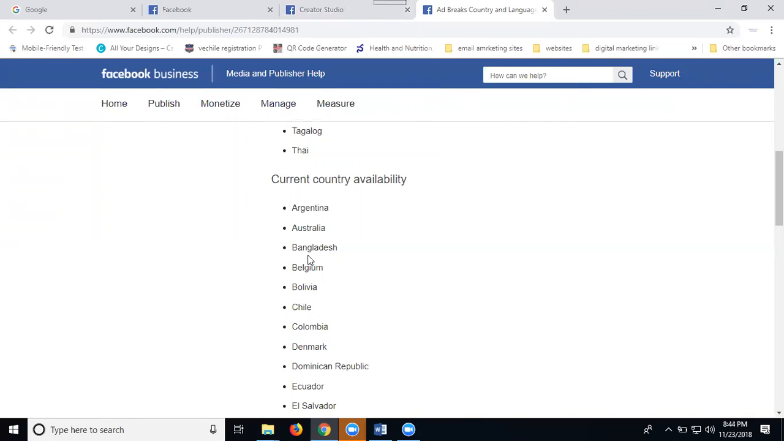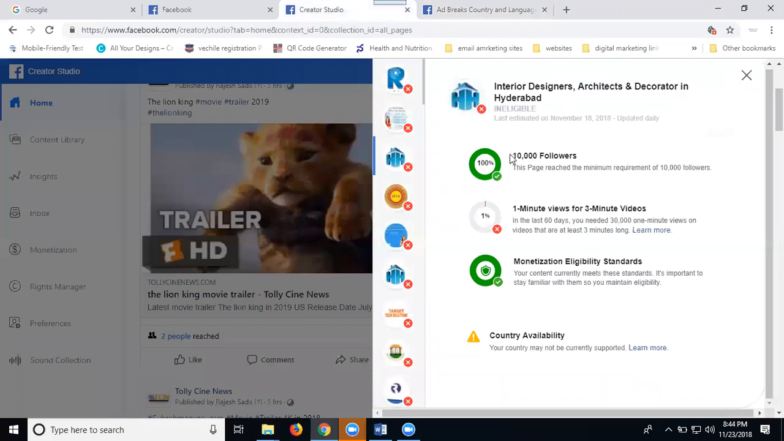on your Facebook accounts. This totally depends on your Facebook pages, not on profiles. So these are the options: 10,000 followers, 1 minute views for